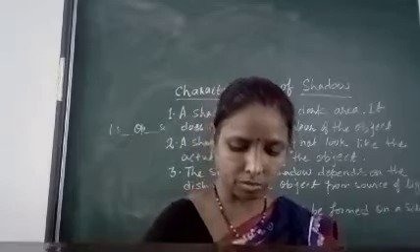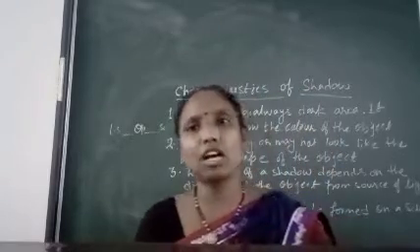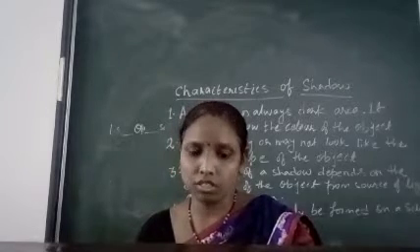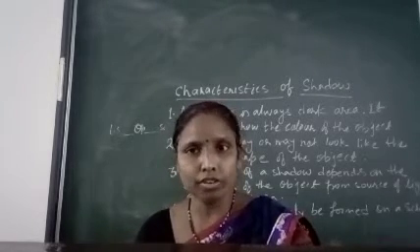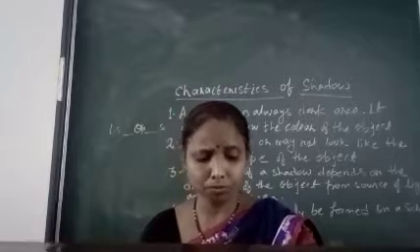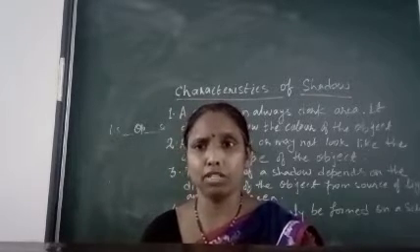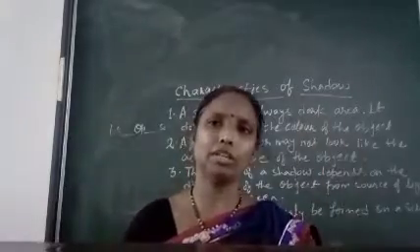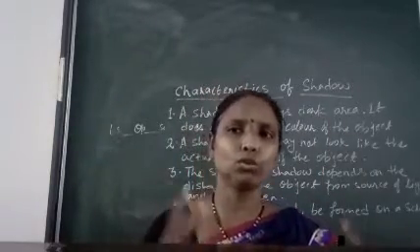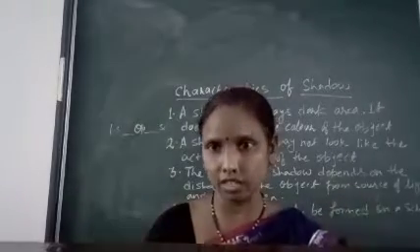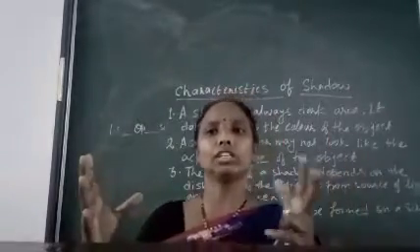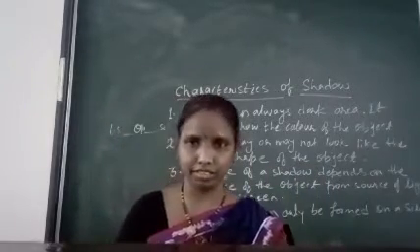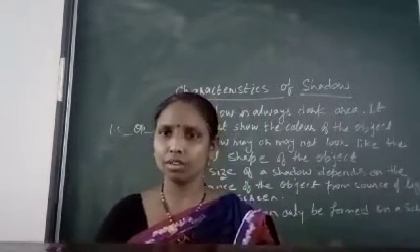Till the characteristics, because if I start another topic it will not finish within the time limit of our class. So this much I am doing. Hope all of you have understood, and I request everyone to perform this experiment of shadow. When you see it happening actually in front of you, you will understand it more, you can see how it is forming and how all these characteristics are becoming true. Understand? Clear to everyone?